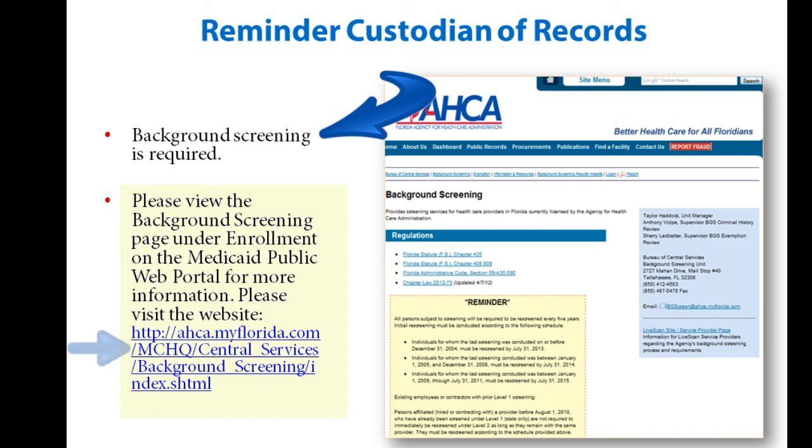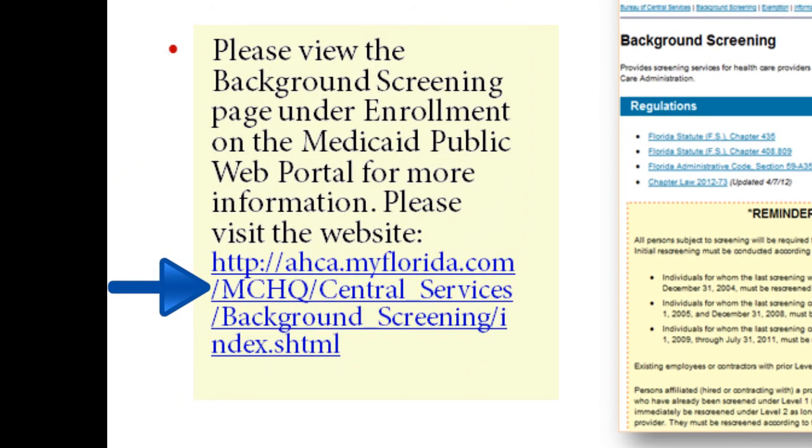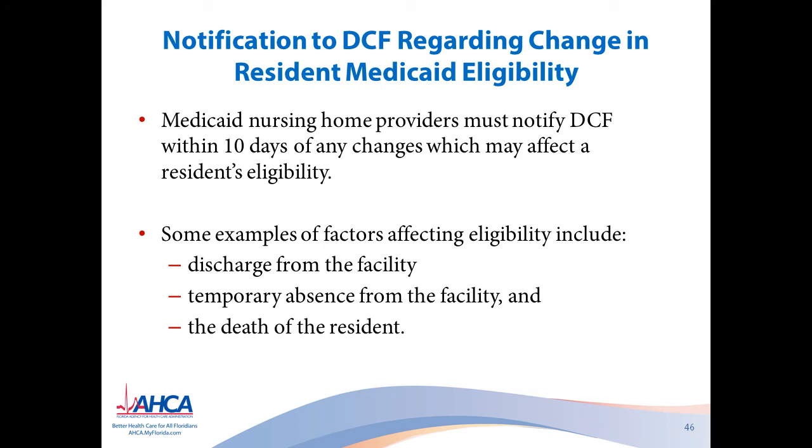Please visit the website http://ahca.myflorida.com/mchq/central services/background screening/index.shtml. As a provider, you will also need to be aware of your responsibility regarding notification to DCF regarding any